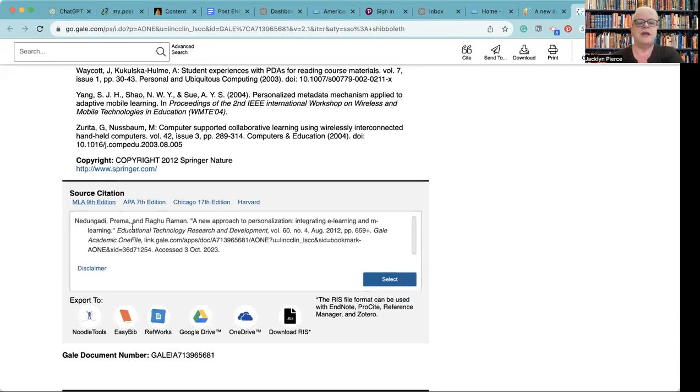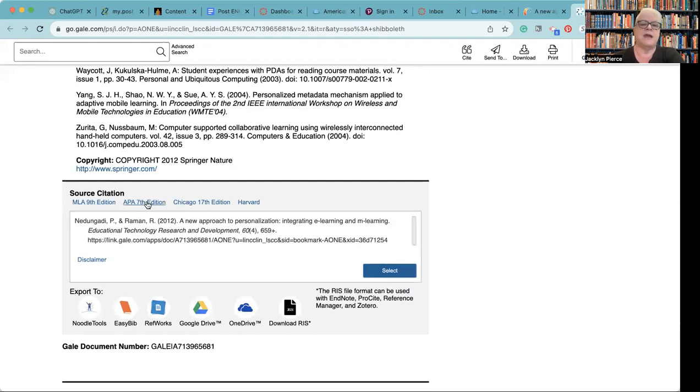There are others. The default is MLA. We're not using MLA in this class. We're using APA. So we would need to click on the APA and we would copy this and paste it into our document. Now, this is where I was saying we need to still know kind of what we're doing,